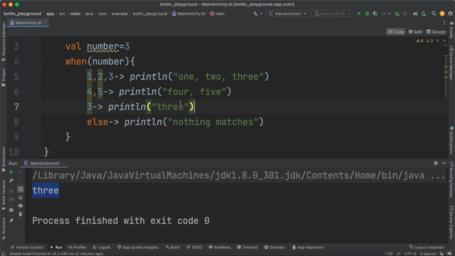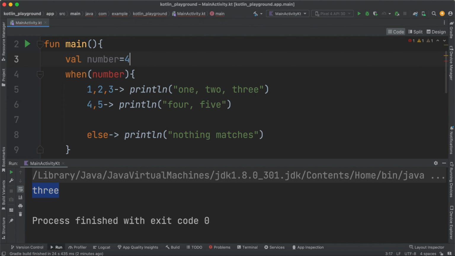Okay, so I'm going to remove this one and I will change the value to 4 here. So in that case it will print this value. So let's run this. Okay, so the when expression has printed 4 and 5 because our number matches with 4 here,